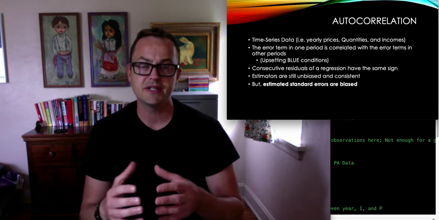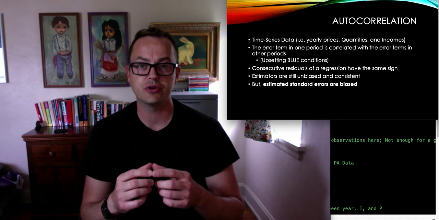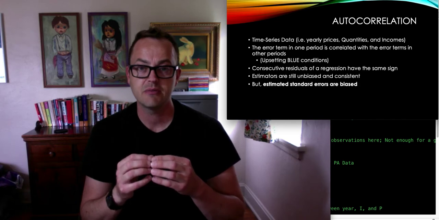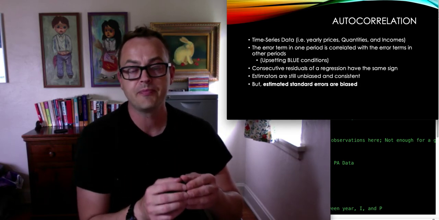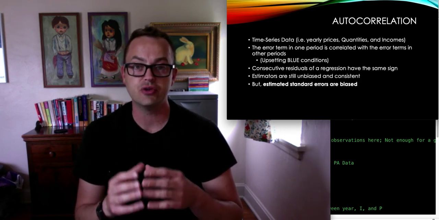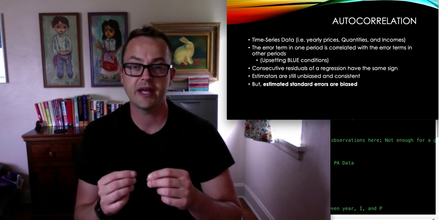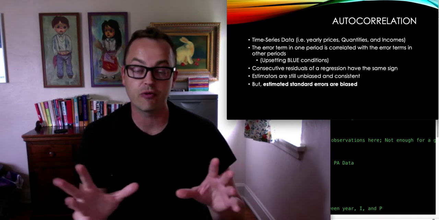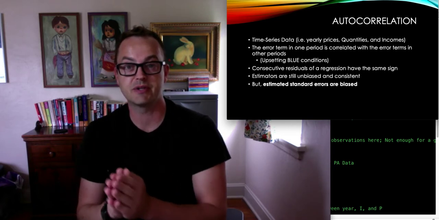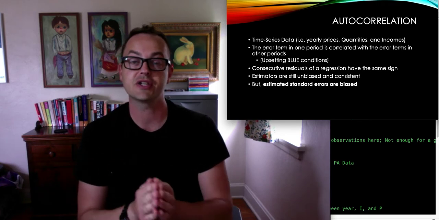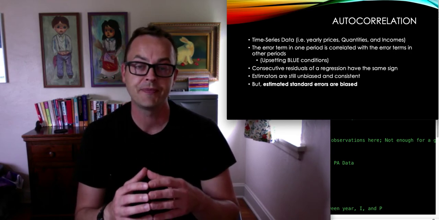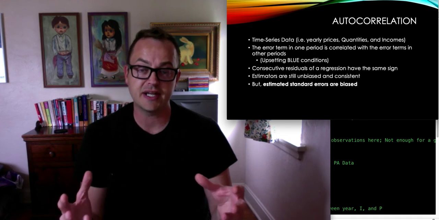Now, the problem is, if you think back to your BLUE conditions for OLS, to getting the best linear unbiased estimates, one of those conditions relates to error terms in your regression. And error terms should be kind of randomly distributed. If you start seeing that error terms are connected to various observations or correlated somehow, it throws off these BLUE conditions. Typically in cross-section data, that might be called